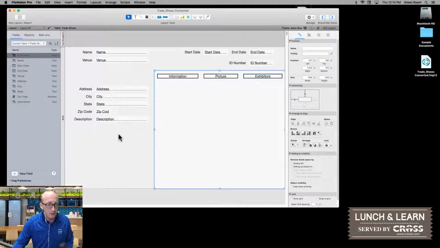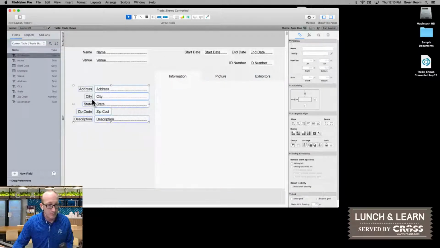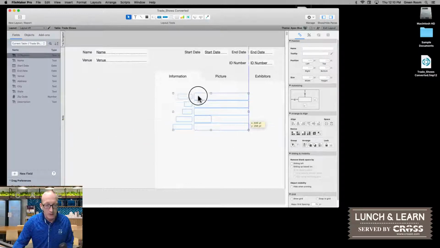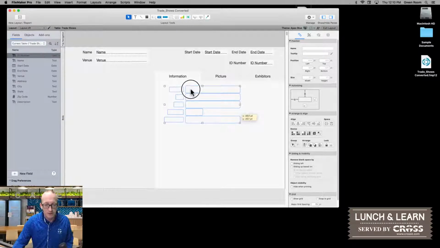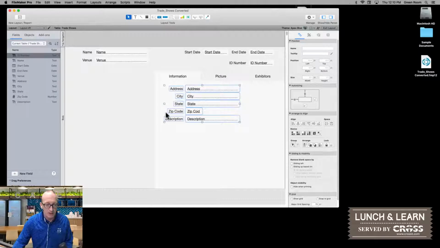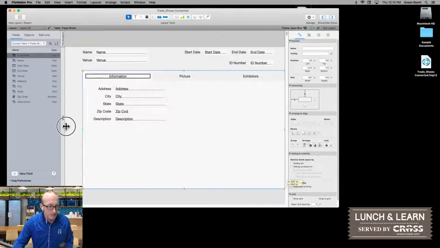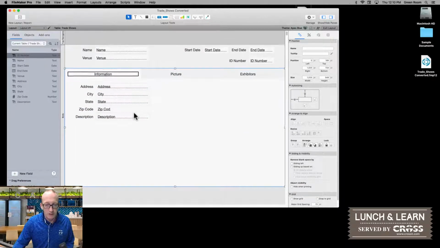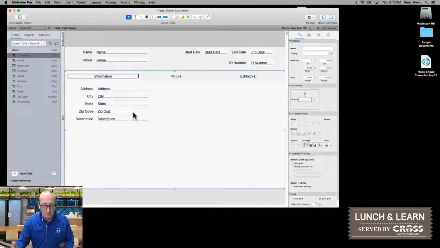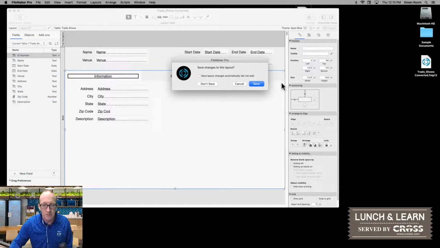And so what I'm going to do is I'm going to take the other items that haven't had anything done with them yet. I'm just going to go ahead and pull it over here onto this front tab of my tab object and then resize it. So I've quickly completed, so I'm getting closer to what I want to see. So if I now go into browse mode,